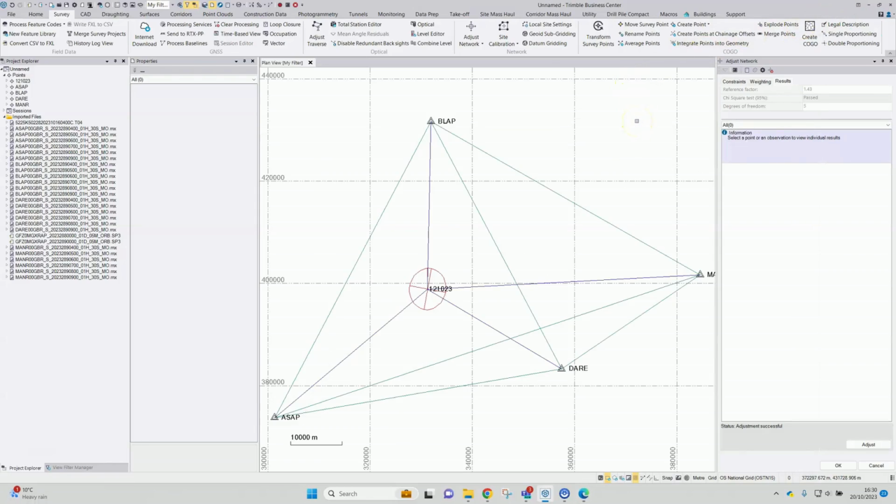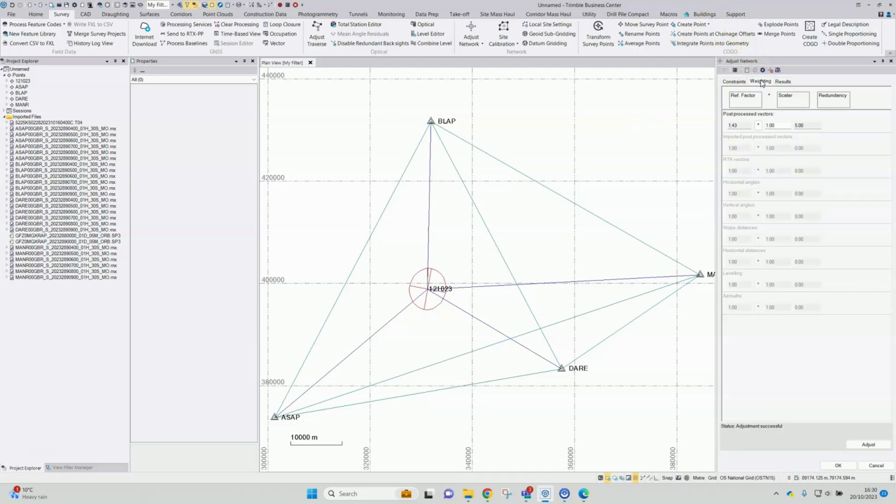Two methods of going from here. You could go back into the project settings and perhaps adjust the centering error. However, first thing to try within the network adjustment is to scale down, or in this case scale up, the amount of anticipated error for a rerun of the adjustment. So it's going to scale up the amount of anticipated error by a factor of 1.43, and that should then match with the